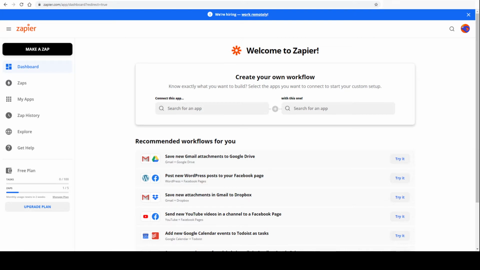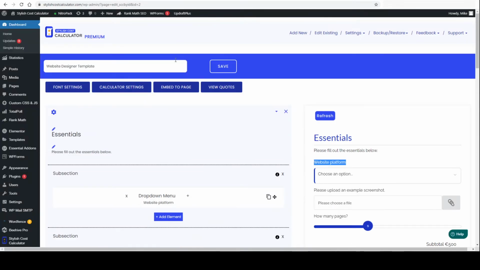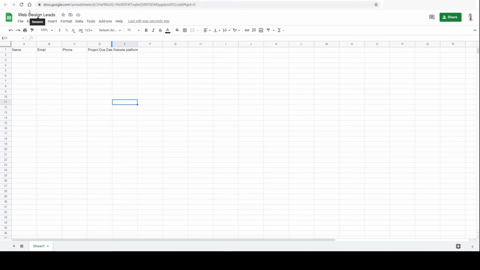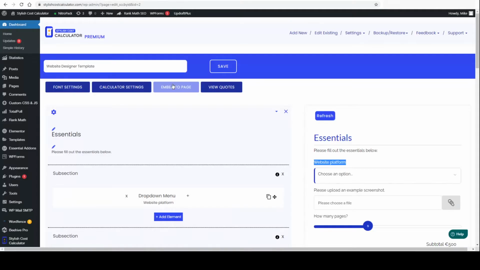For this tutorial, if you want to follow along, we're going to open up three browser tabs. We're going to have Zapier open, we're going to have a cost calculator that we're working on, and go ahead and create a Google Sheets document as well. For the cost calculator, I think I'm going to use our website designer template. It's just a very popular template, so I think a lot of you, it doesn't matter what industry you're in, you can follow this tutorial and understand what's going on, but I think this would be a good example to